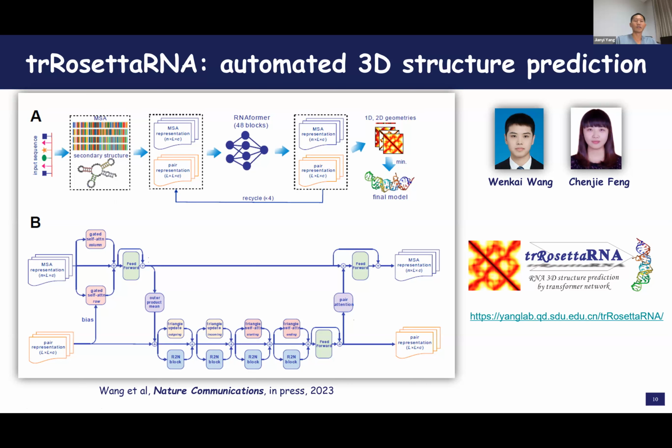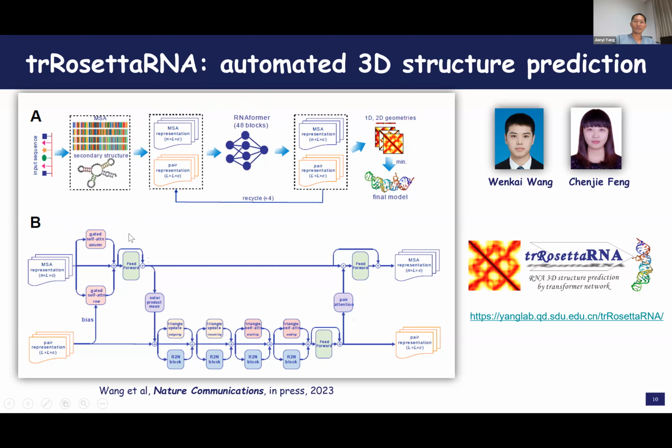It's just sparse RNA to predict the secondary structure. And here the network is just borrowed from AlphaFold 2, the AlphaFold network. This is a transformer-based neural network to predict these 2D and 1D images. So this is the pipeline of our method. This figure B is just one block of this network.